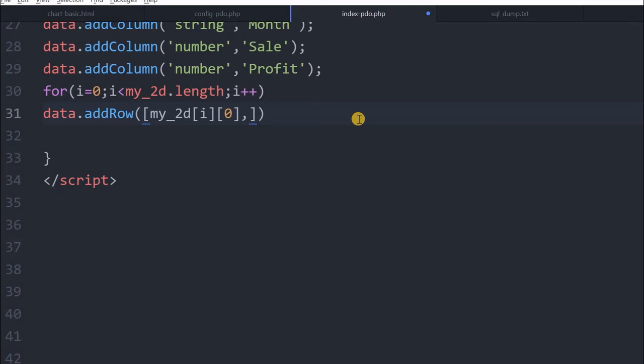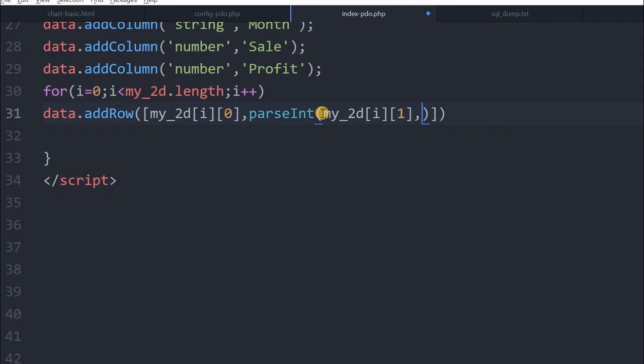Now next we will add one more value. For one more column, this time we have to use parseInt, because this is a number. The JavaScript function parseInt will convert a string to a number. We declared the second one as a number, so we must use this function. Inside this function we'll keep the same thing. I will just copy this part, otherwise I may make a mistake. Pasted it here, and this time I will give this value as 1. So the second one I am taking.